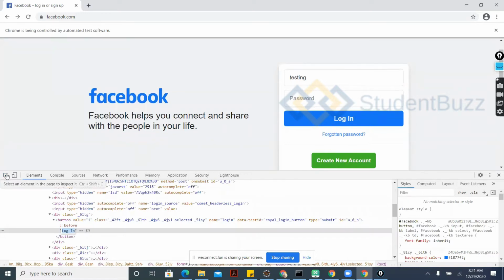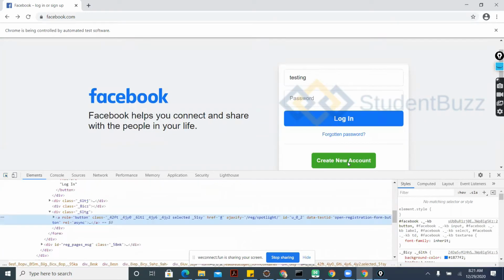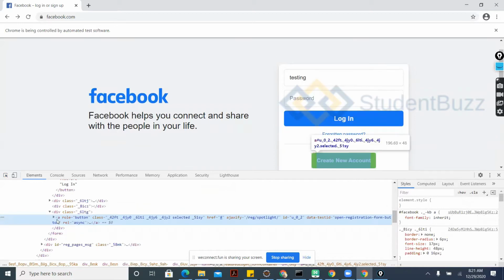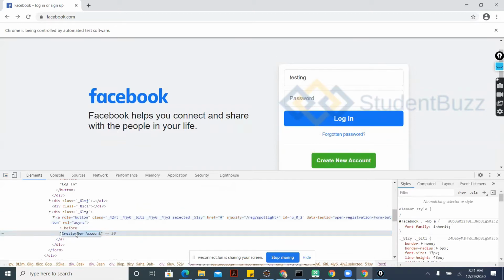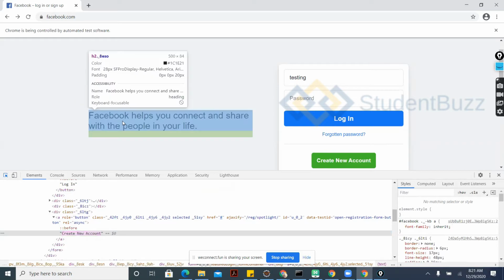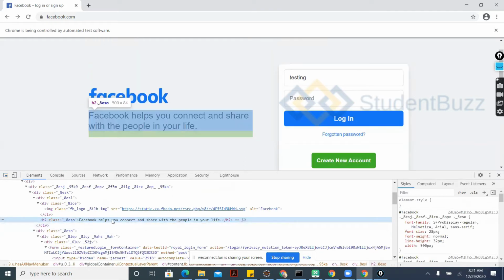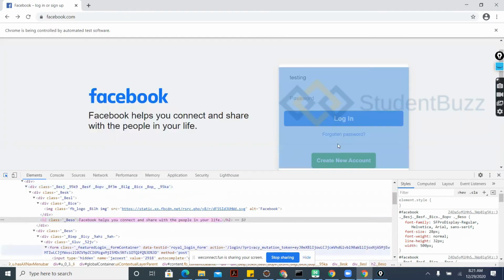And let's see, create new account. It is a link, and it is having separate text. If you want to fetch this text, you can fetch it by using get text. Let's see this area. It is having some text here. Then you can get this text. Okay. Let's see. Forgot password.